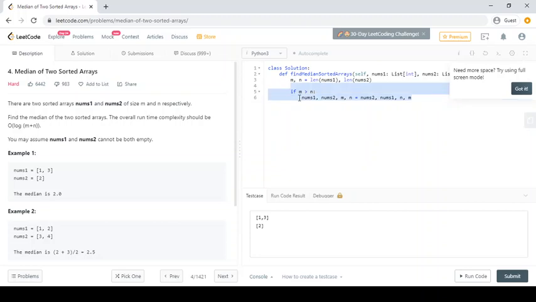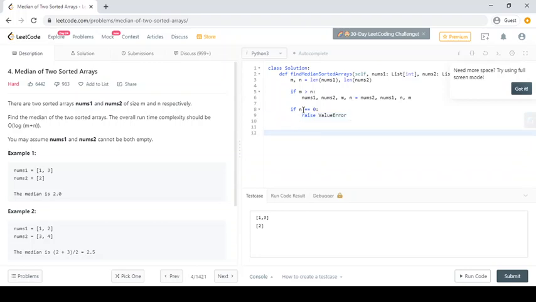I will tell you why we are doing this in later stages. It also handles the condition that both arrays cannot be empty, because after the switch n always has the higher value. So if n equals 0, both arrays are empty, and we raise a ValueError.